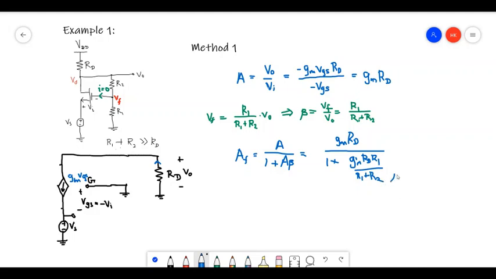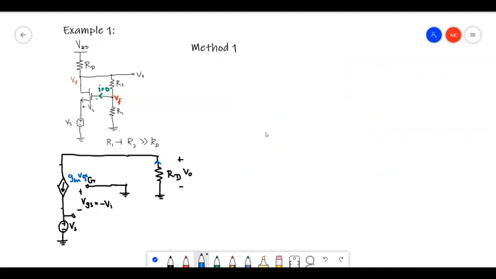So this is the open closed loop gain of this amplifier. Okay, now let's calculate the input resistance of this closed loop system using the open loop input resistance. So in the open loop system, if this is the input current, the open loop input resistance is given by